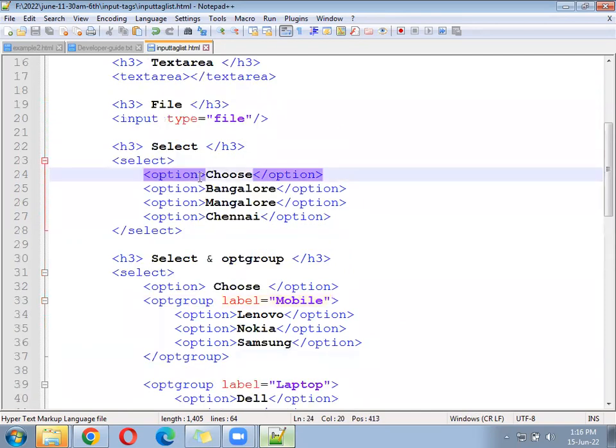Suppose when you go to any website and do the registration, there will be some fields marked with a star. Now suppose you have a page like this where you have an option to select the drop down. A person will come and will not select any city, but this city drop down is a mandatory field. It has to be selected. The person will not select anything and will click on the submit button. When I come to the browser,